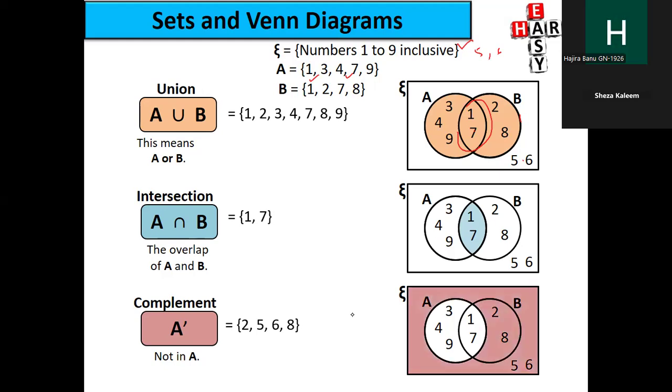Yes, got it. And then you see how you have to do the shading also. It is shown here. Suppose he will ask you to draw a Venn diagram, or a Venn diagram is given and then you have to do the shading. For A union B, you will shade both the sets. For A intersection B, you will be only shading the overlapping part. And when it is A complement, you will be shading everything which is not in A.